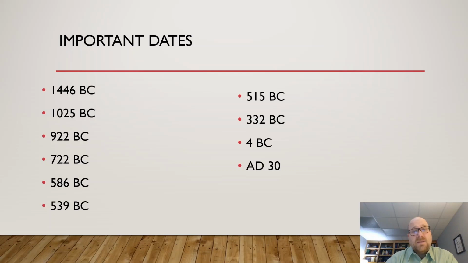Okay, moving on. AD 30 would be the death and resurrection of Jesus. AD, as you may know, is a Latin abbreviation for a Latin phrase, Anno Domini. Anno meaning in the year, and Domini of the Lord. In the year of the Lord, 30. So 30 years into his reign, you could say. So the death and resurrection of Jesus occurred 33 years after his birth.